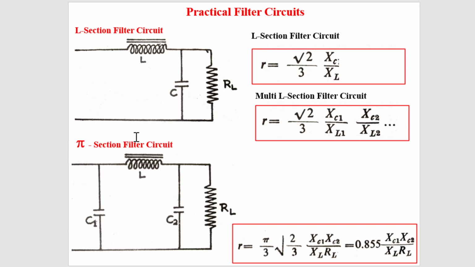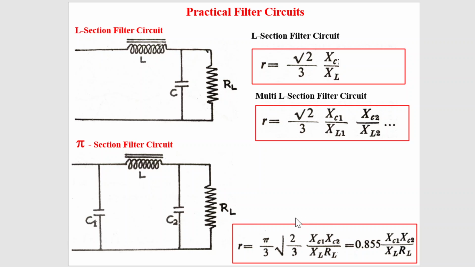Another filter circuit is the pi section. If you take two capacitors and one inductor and connect them in a pi combination, this makes a pi shape, which is why it is known as the pi section filter circuit. The working principle remains the same, that is the resistance offered by the capacitor and inductor. Most of the AC signal will be bypassed through C1 and it will block DC. If some variation is still there, this signal is applied across the inductor, which allows only DC and stops AC. If variation is still there, then all the AC signal will be bypassed and only DC signal will appear across the load resistance.